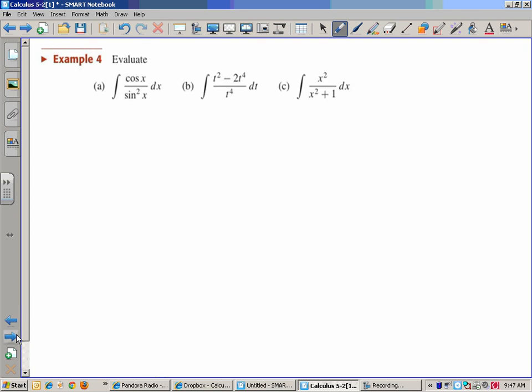Well, this is a little bit harder because you have to do some thinking. At this point right now, you don't want to work backwards on the quotient rule. So what we want to do is use some of our identities from pre-calc or earlier in calc and find a way to simplify this. So I'm going to go ahead and say that this is really